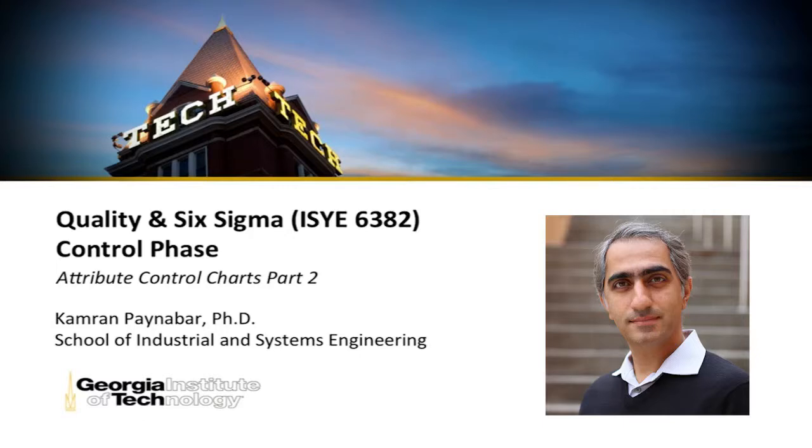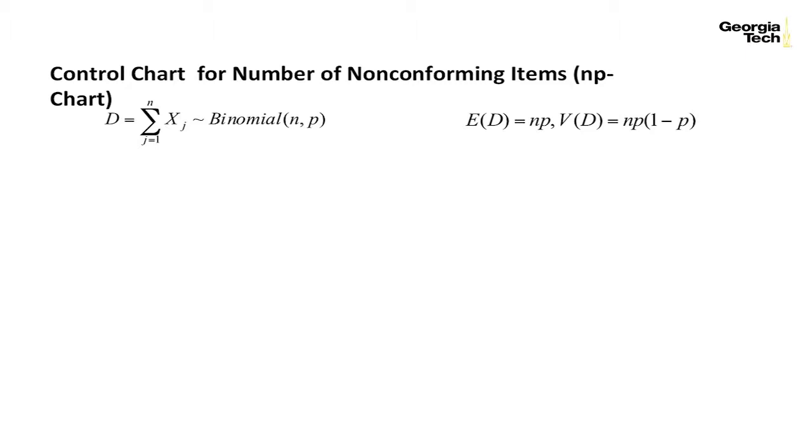Hello, today we learn more about NP chart and C chart. So you know that we use P chart for monitoring process fraction nonconforming using sample fraction nonconforming. Now another chart for attribute variables, when we have binary output as 0 and 1, or conforming and nonconforming, is